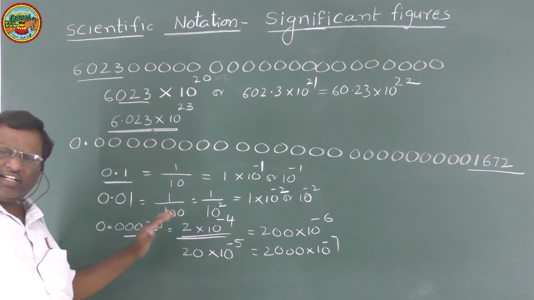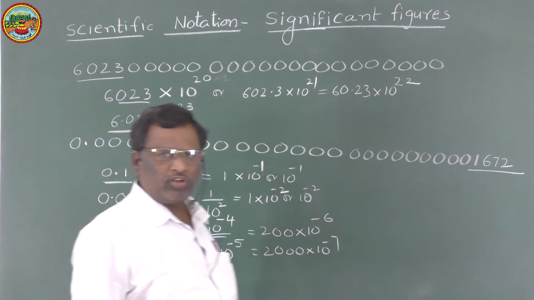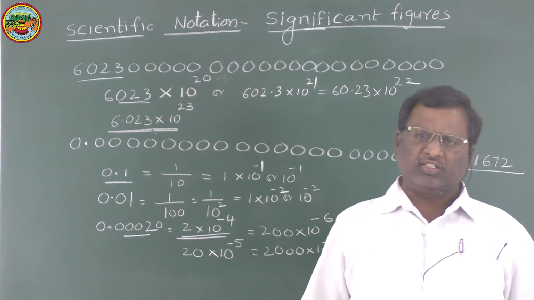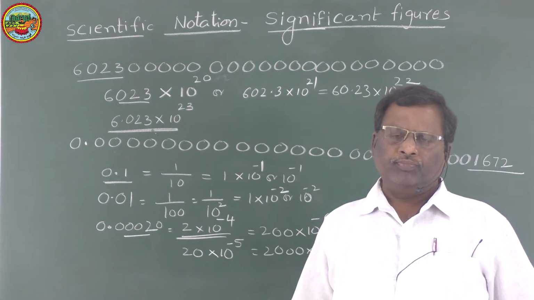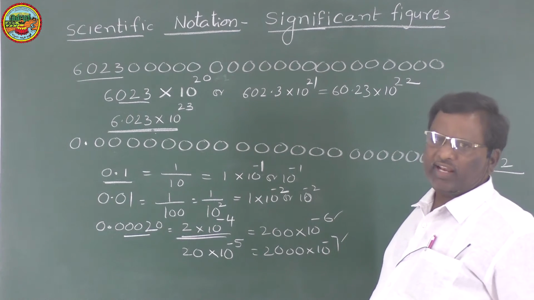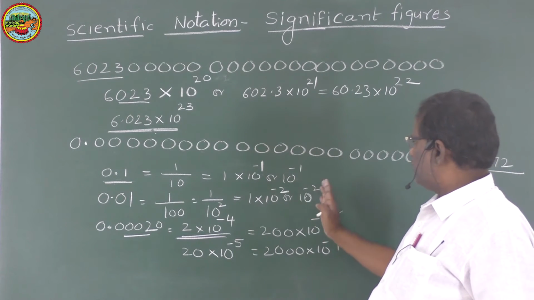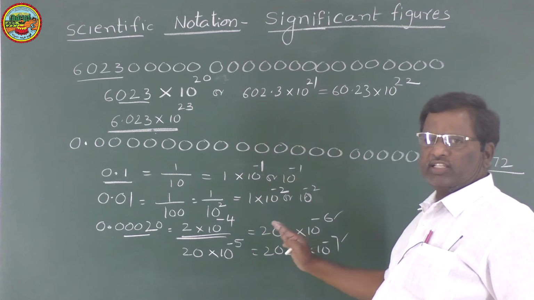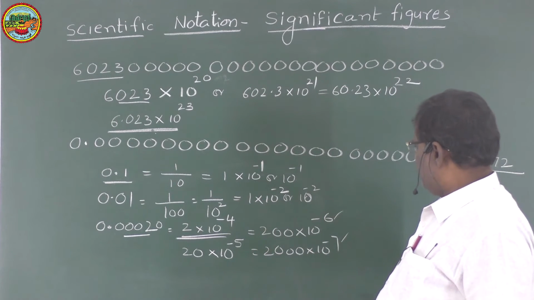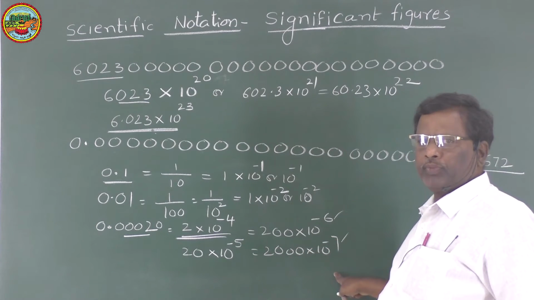But you can change the digits, increase or decrease them, because when we are making additions or subtractions, we require the same powers, then only we can add. So sometimes we have to change the decimals from the left side or right side. That's why I am giving you this method.